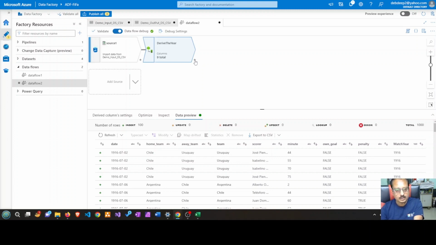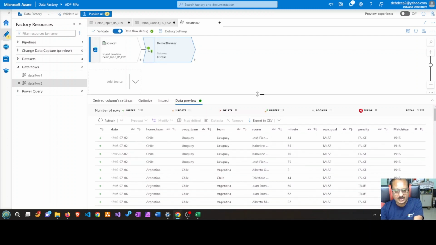Once you click it, see, now what is the purpose? I have told you that I want to perform some kind of aggregation. What exactly I am looking for here is that this is my team, this is my match year. So I want to have the count of the particular team, where the aggregation condition will be